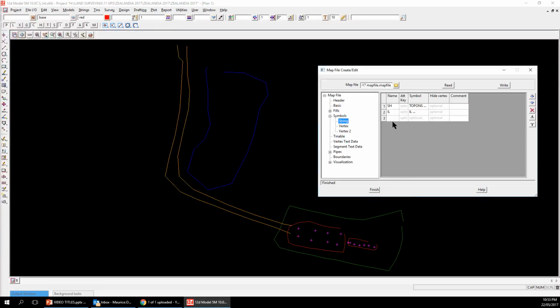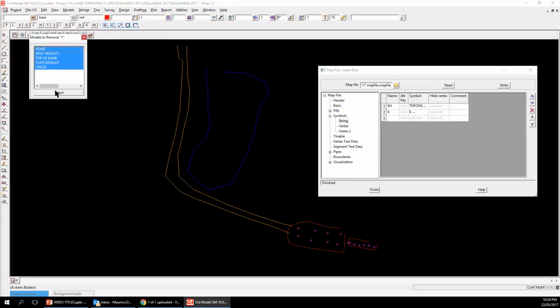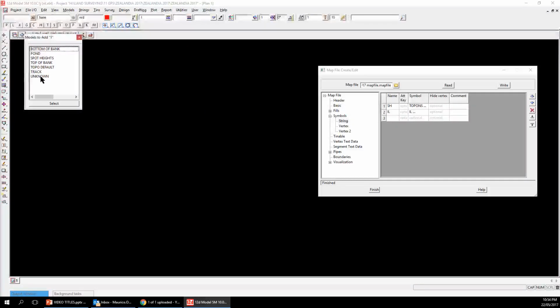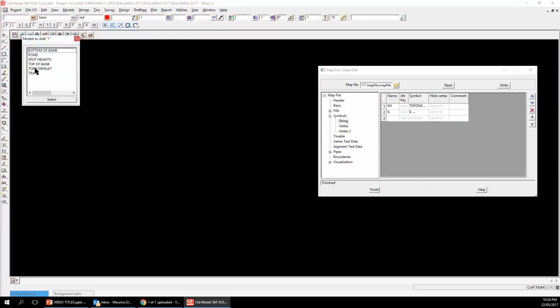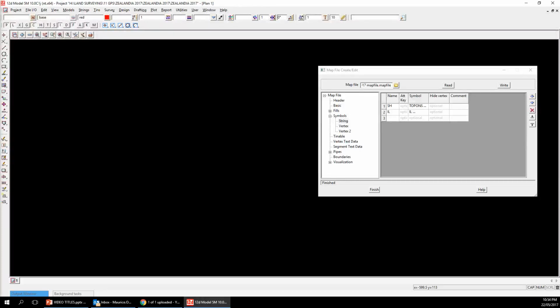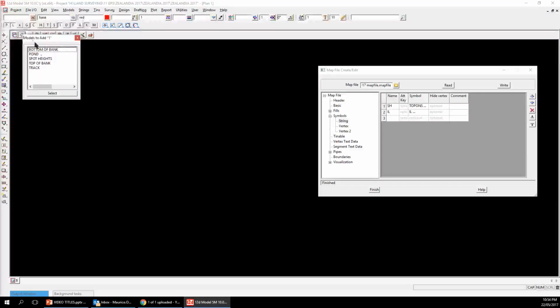So if you have other files or other codes, any codes that slip through the gap, they will go into the unknown layer. So if I turn off all these layers here, and just turn on the unknown layer, there's nothing in there, which is good. Turn on the topo default layer, nothing in there, which is good. So nothing slipped through the cracks there, and then we can just turn on all of these,